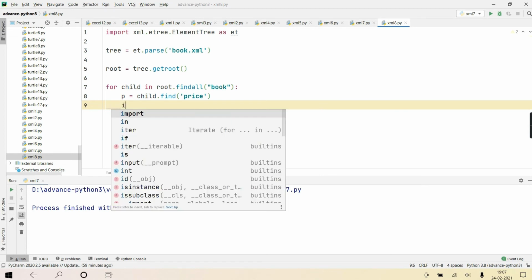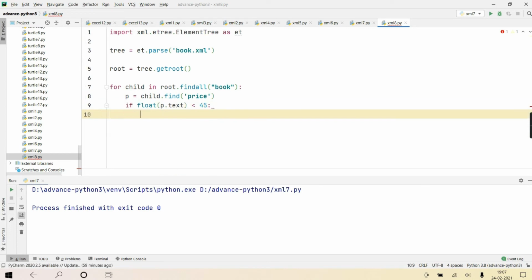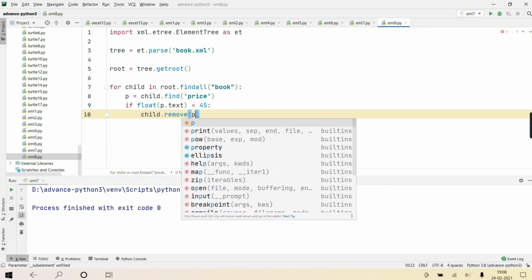Now we'll check its p: float(p.text) less than 45, suppose. If that p's text is less than 45, then I'll write child.remove(p).